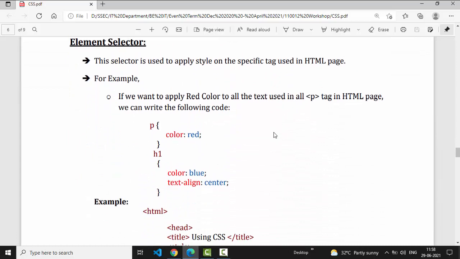The next one is the element selector. This selector is used to apply style to a specific tag.